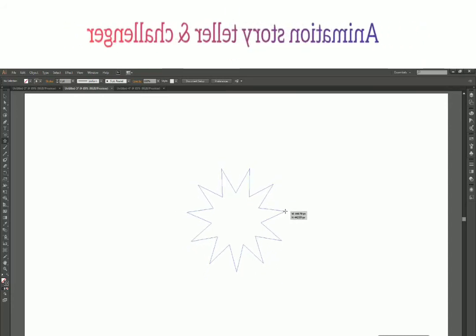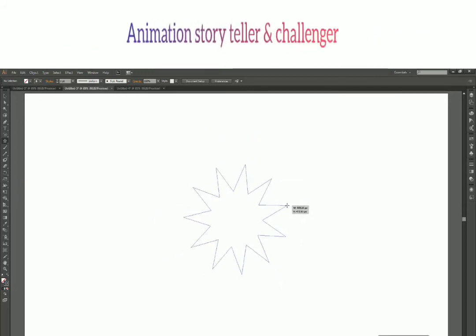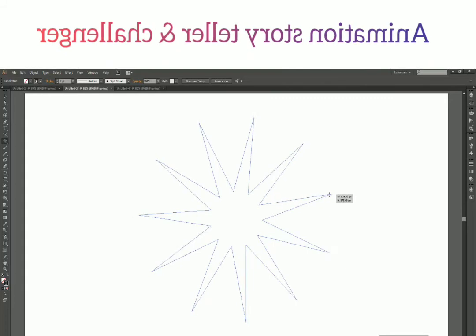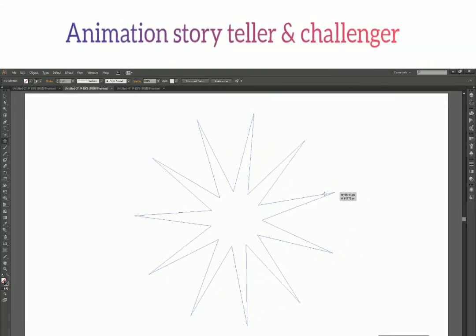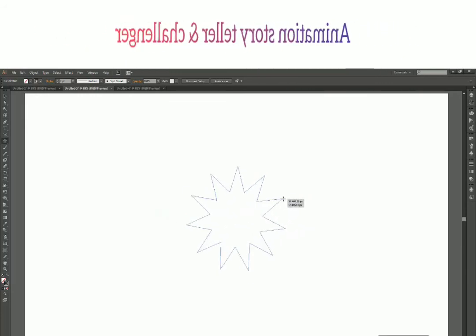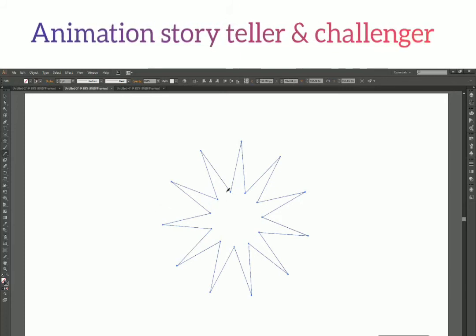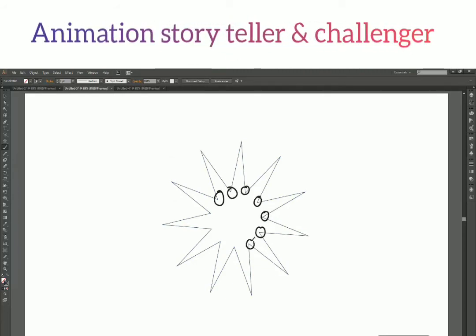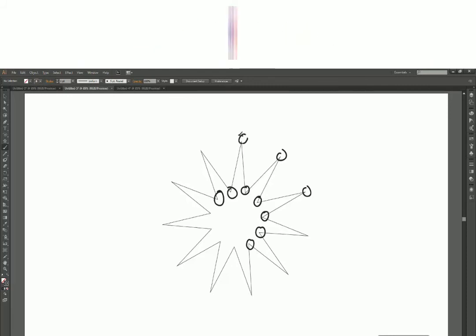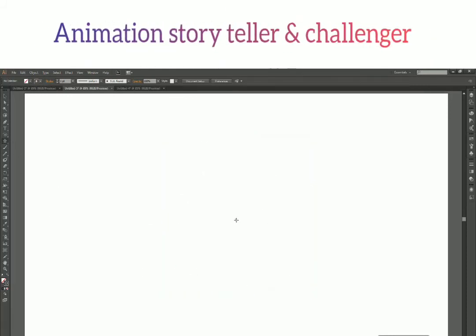So when I press the Control key, you can see that the inner points are stuck at a point and now only the outer points of the star are moving. So when I press the Control key, these points are stuck, or these points don't move at all. Only this point moves. So let's draw it again and see whether it really happens like that.